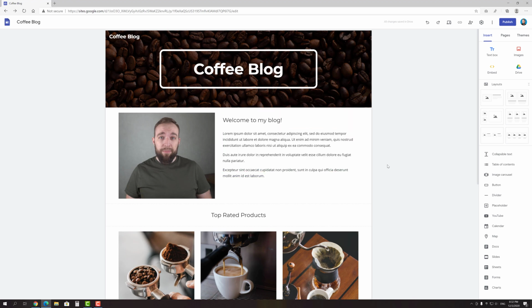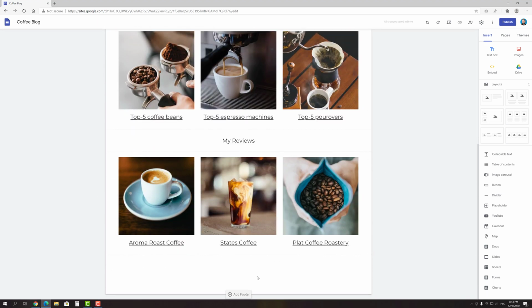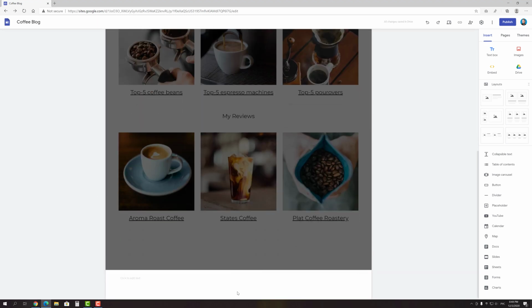Alright, and the last thing that we have to do before moving next is to add a footer. To do so, just press the plus button at the end of the page. According to the rules of Amazon Associates, you have to provide on your site the information that you can receive a commission if someone purchases a product following your links. The exact phrase sounds like, "As an Amazon Associate, I earn from qualifying purchases." So, footer is the best place to provide such information.